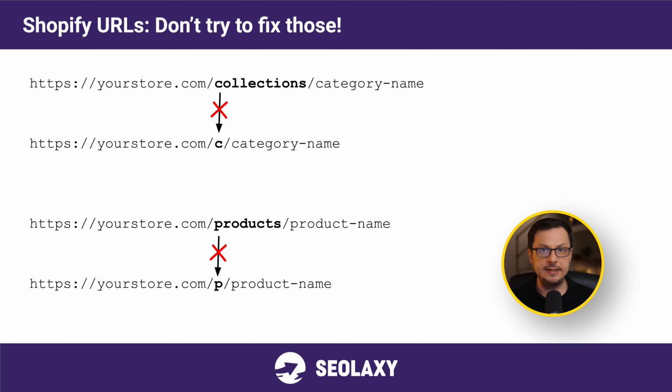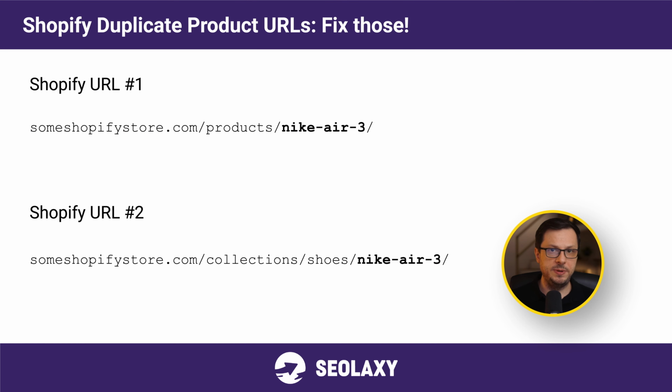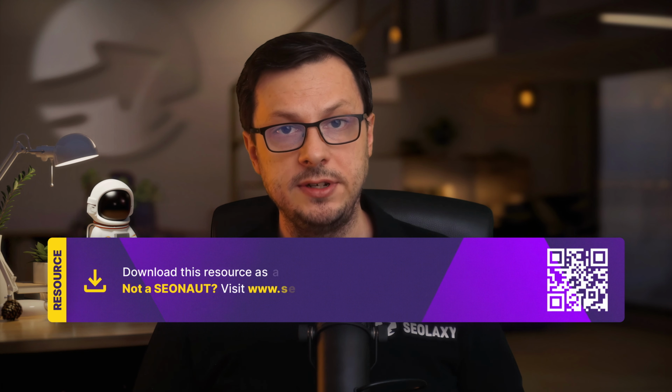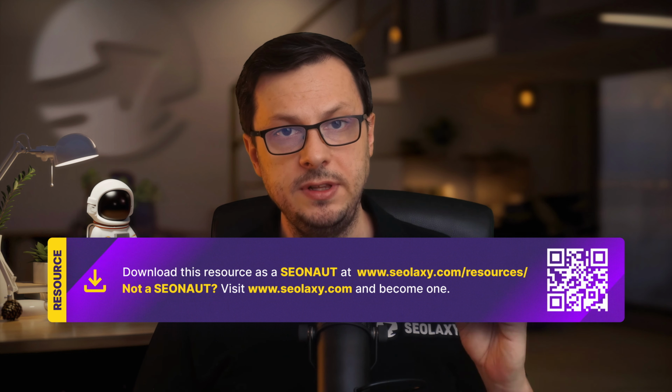Each product is accessible under two different URLs, which is not good. For example, this can and should be fixed by removing the second URL, as we learned in the last lesson. You can download the developer ticket in the CLXC resources to solve the product URL issues in Shopify. If your developers return the ticket as not solvable, reach out to a certified Shopify developer.